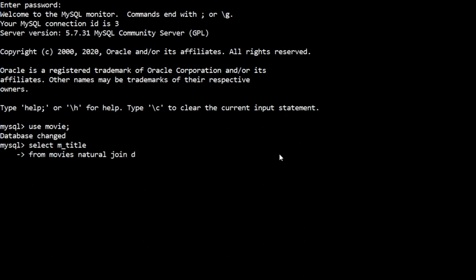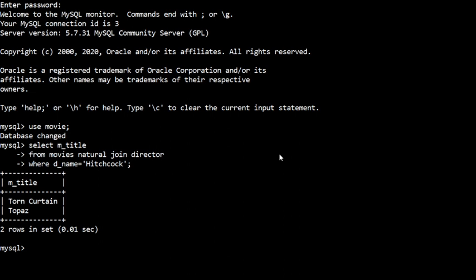So we'll take the natural join with director, and the condition here must be director name is Hitchcock. So these are the two movies which are directed by Hitchcock. Then we'll go to the next query now.